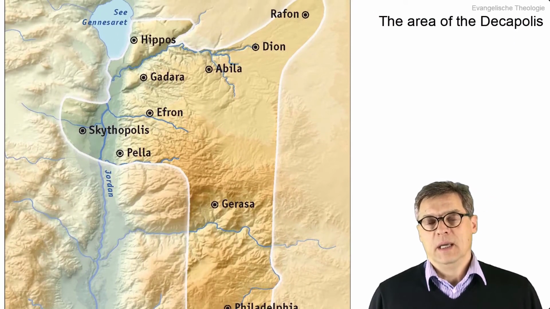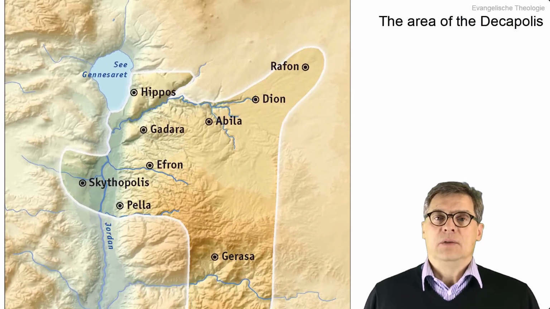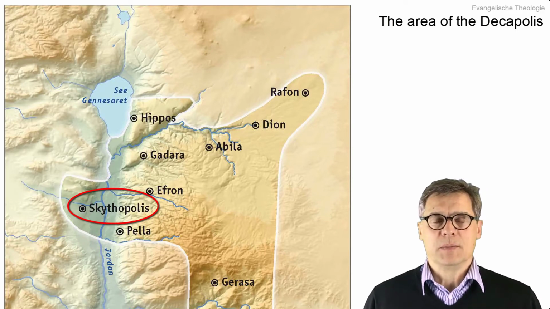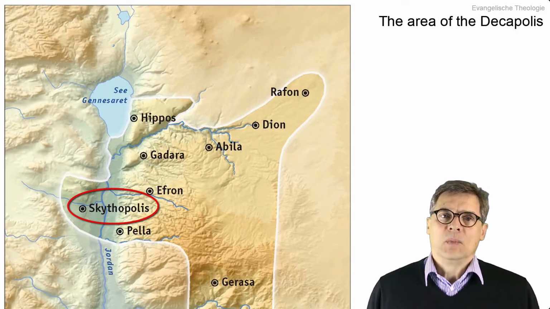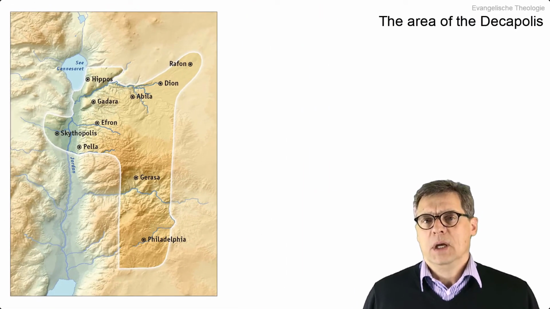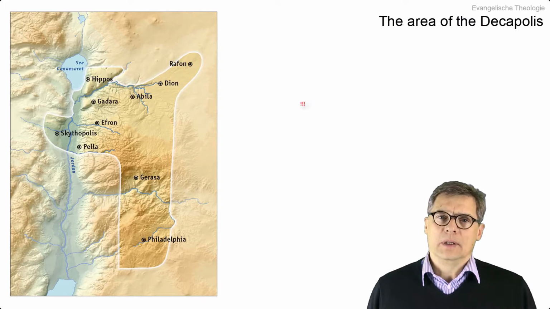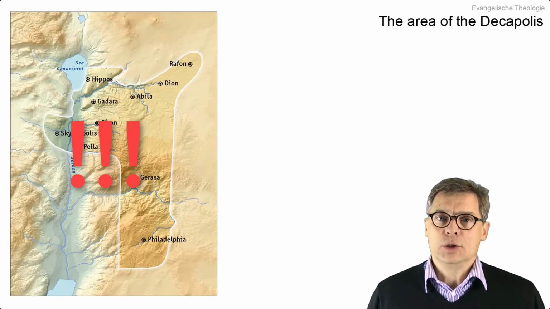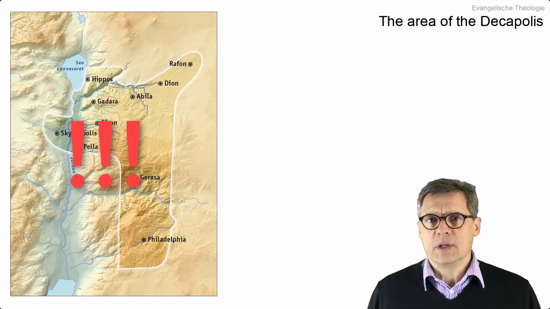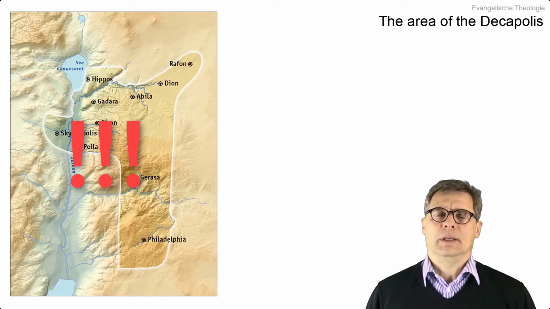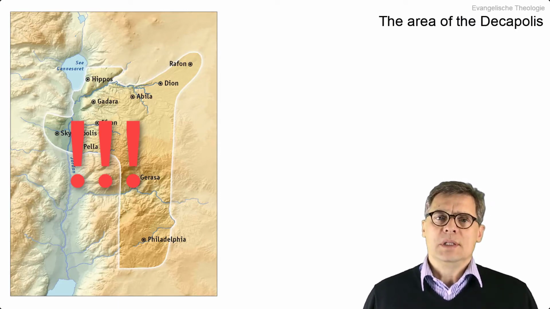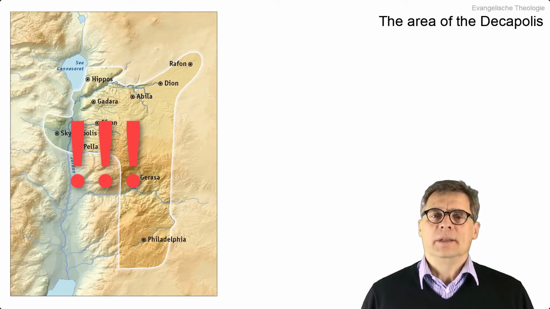All cities of the Decapolis were located east of the Jordan, except for one city, Scythopolis, which lies west of the Jordan in today's West Bank on Israeli territory. All other cities are located east of the Jordan and are all foundations of the Seleucids and the Ptolemies. It was believed until the end of the 80s or the beginning of the 90s of the last century that these cities were foundations of the Romans. Since they are from 17 AD, a lot of construction has taken place.